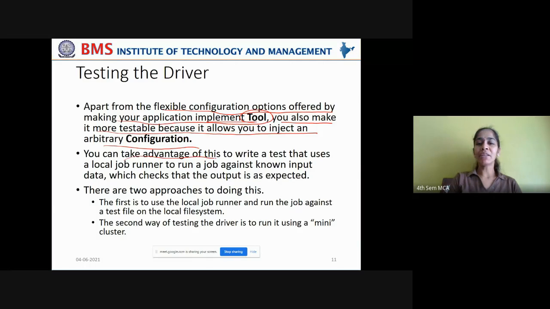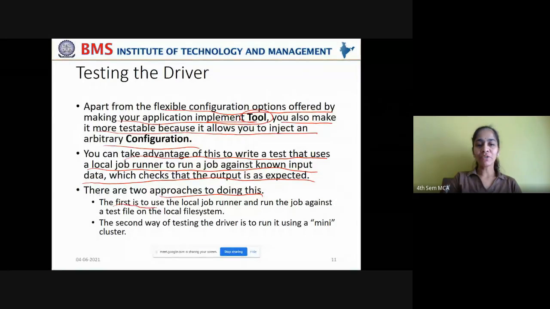You can take advantage of this to write a test that uses a local job runner to run a job against known input data, which checks that the output is as expected or not. There are two approaches to doing this. What are those two approaches?